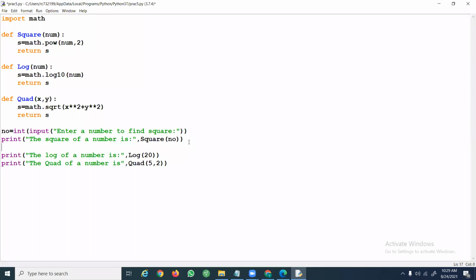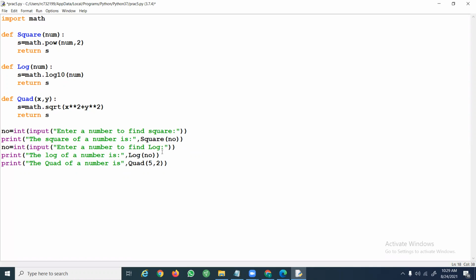Similarly, I can use the same variable, it doesn't matter. So number is equal to int of input of, enter a number to find log. And that number you have to pass as an argument here.